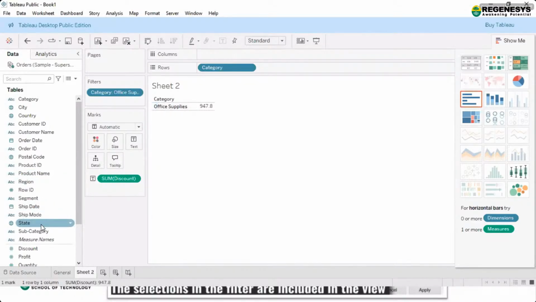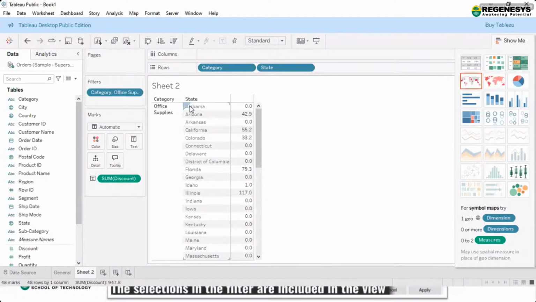With this, if I want to include the states, you can see I'm getting the office supplies with all the states which I have, and of course with the discounts. So now you can see if I have particularly one category, I have the data which is optimized.